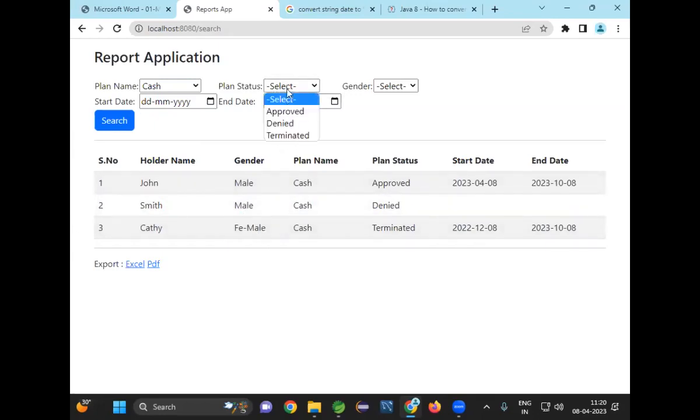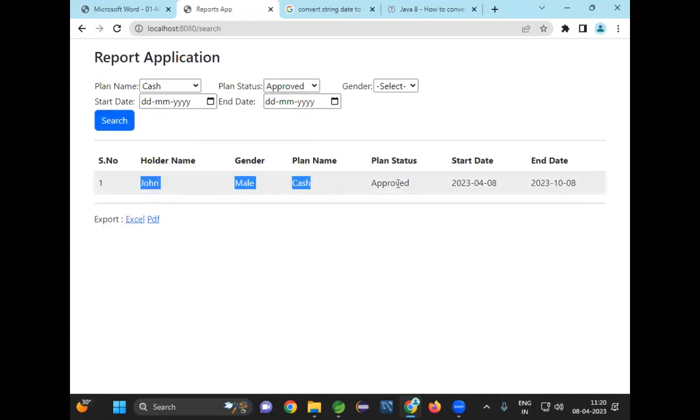In the cache, I want to get only approved records. Click on approved. Cache approved, only one record. Cache approved male, only that record. Cache approved female, then no records available. So the user can select any search condition and retrieve the data. If the user doesn't select anything,